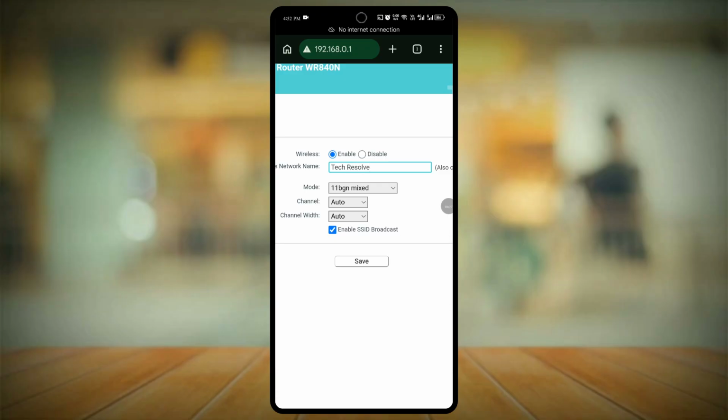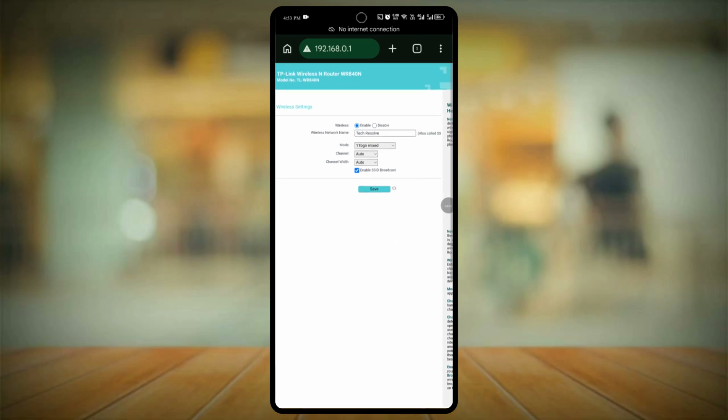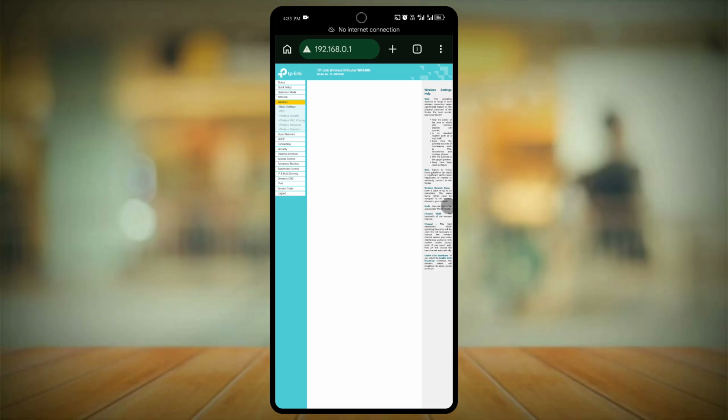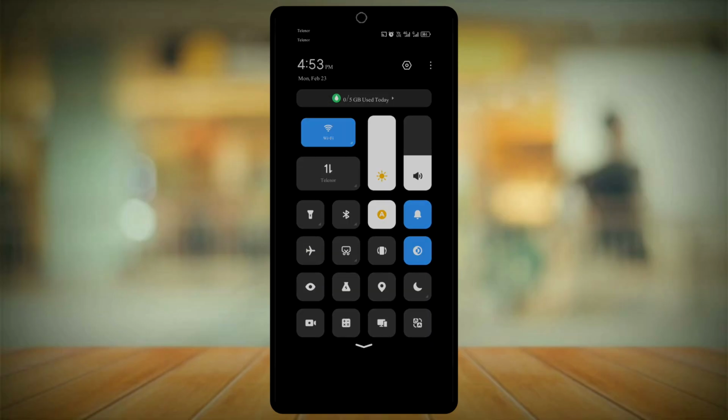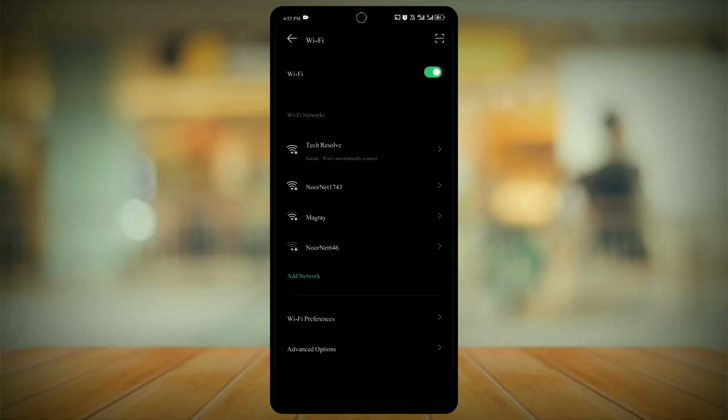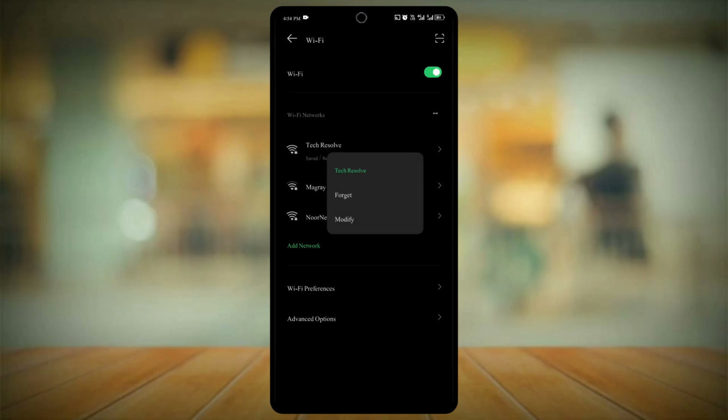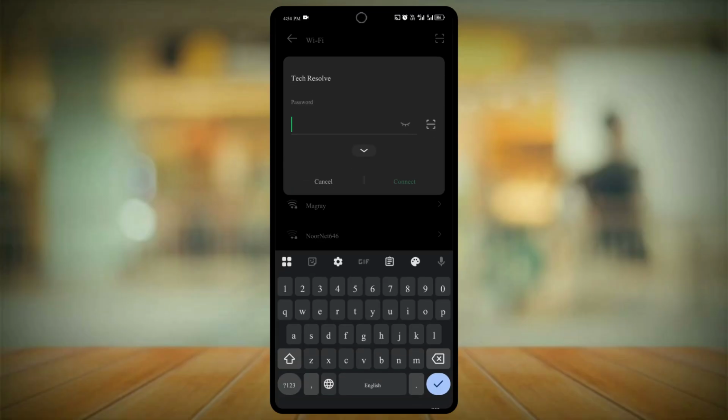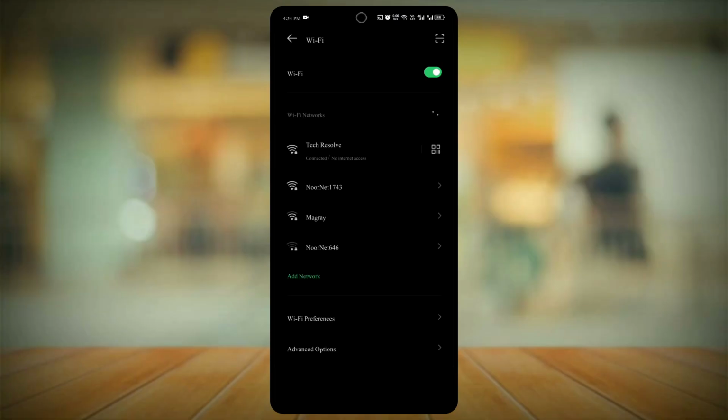After finishing, click Save. When you click Save, your Wi-Fi will be disconnected, so you need to connect again using the new name you gave it. After connecting again, come back to the router page